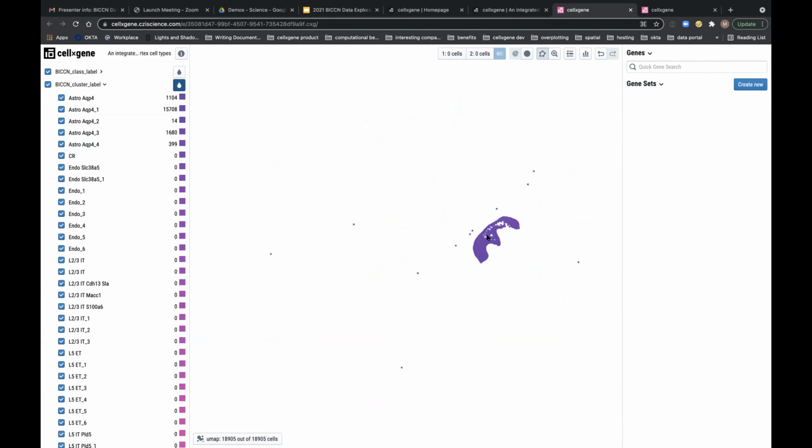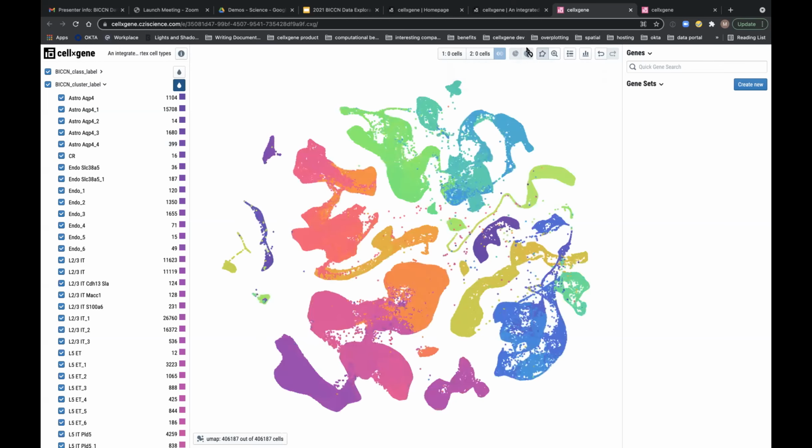And now we've got just the astrocytes here. So that's pretty useful in creating particular selections of the cells that allow you to focus the analysis a bit more. Note that I just used the little whole pie icon here to bring all the cells back.